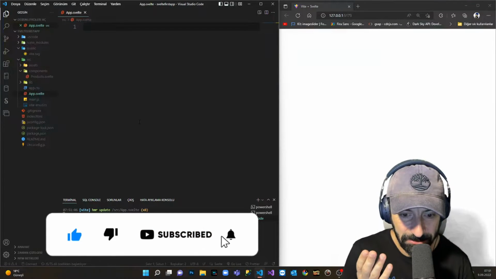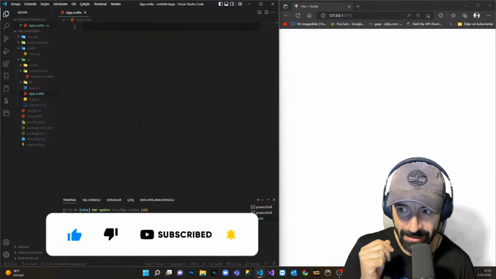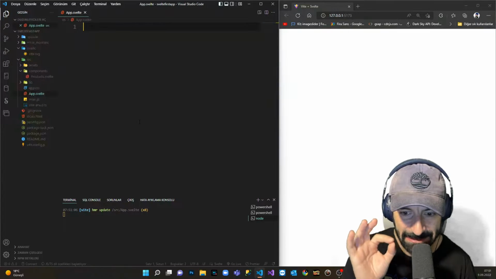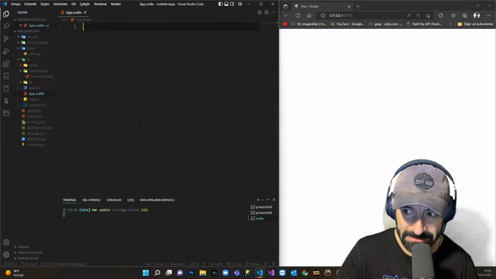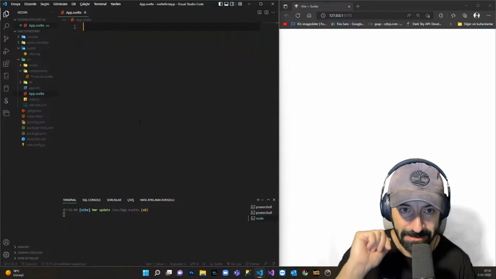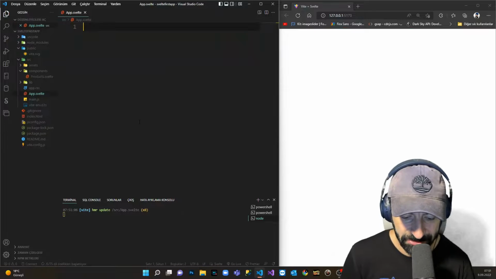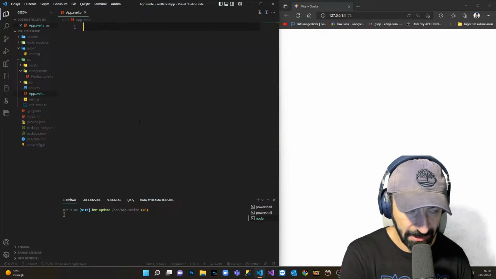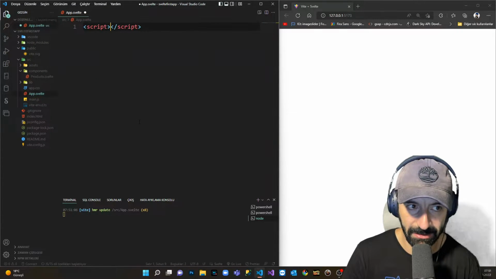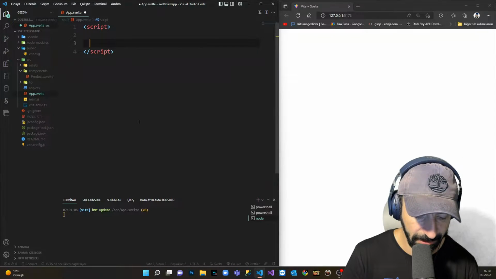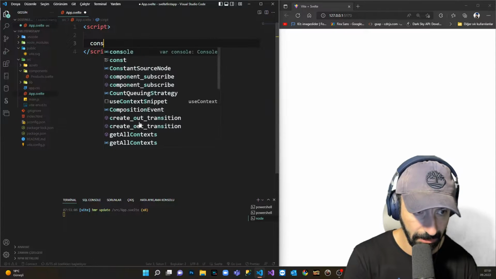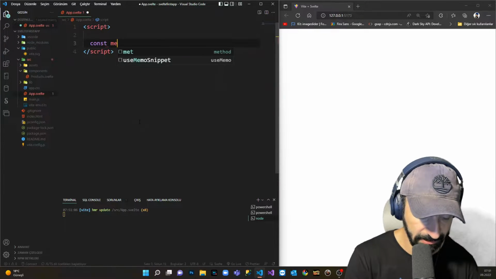In today's episode, we are continuing Svelte and we're gonna trigger some click events and we're gonna see how simple it is to trigger once event inside Svelte. So in order to do that, I have to create obviously a JavaScript section for my Svelte. Here I'm gonna make a function. I'm gonna say it const message,